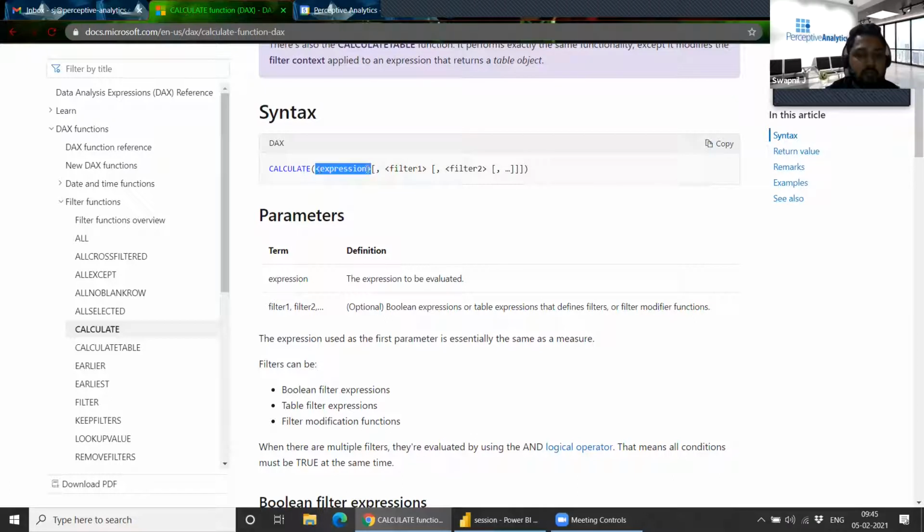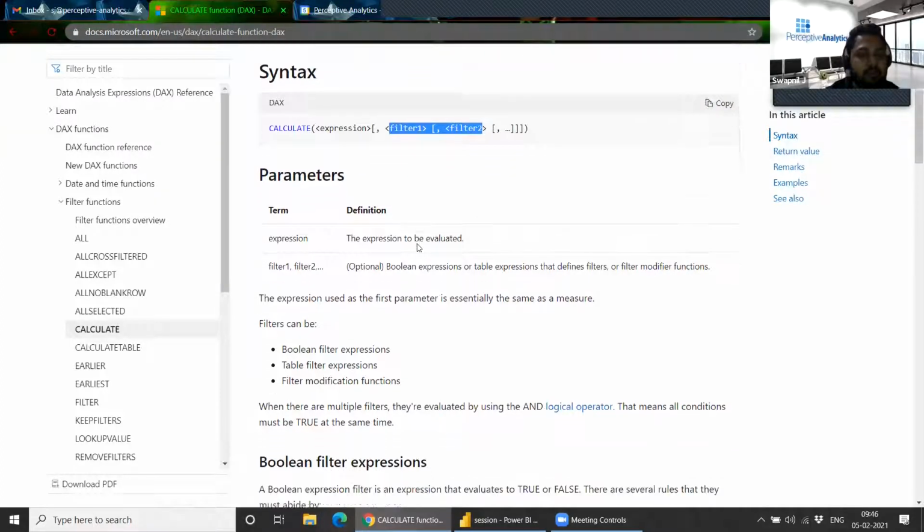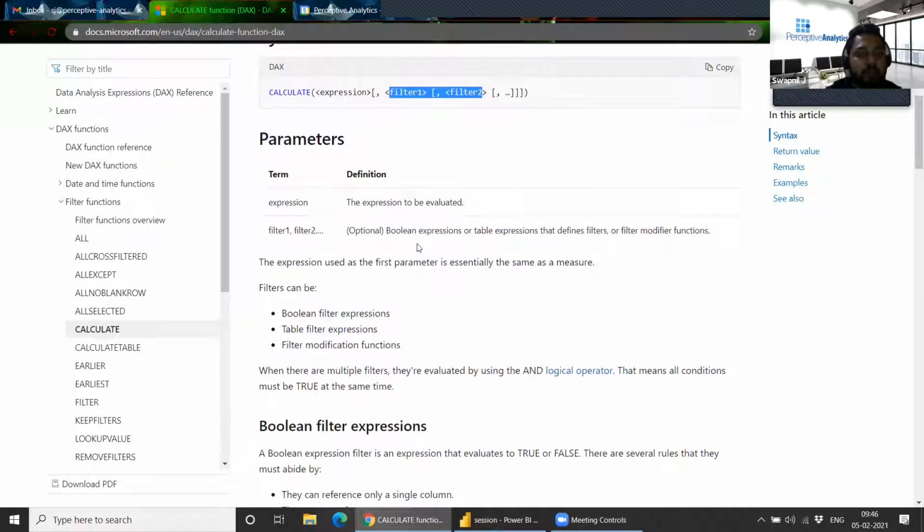So give a sum, give the column name for which you have to do the sum, and then you can give your filter, basically the where condition. Let's say I want to do a sum where the category is equal to office supplies. So it will do only the sum of office supplies. It won't do the sum for others. So this calculate function helps you manipulate your normal functions based on the filters you want.